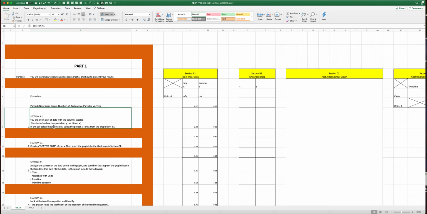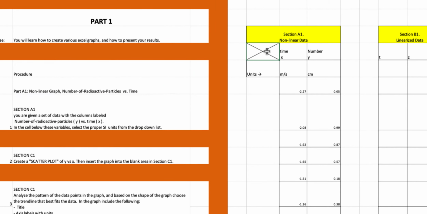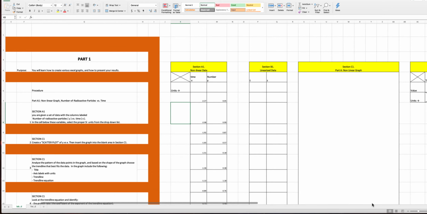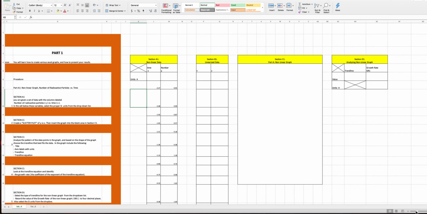So let's go ahead and begin. So first go to section A. So over here, section A. Actually, let me just clear that. So it should come in clear like this here. So let's see what this part says. So for section A,